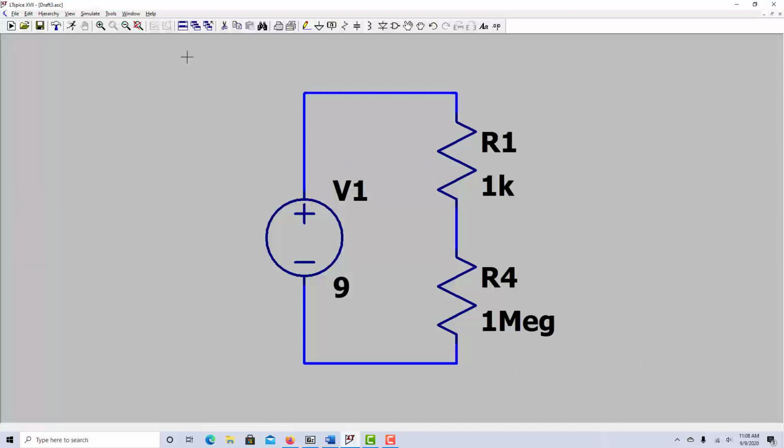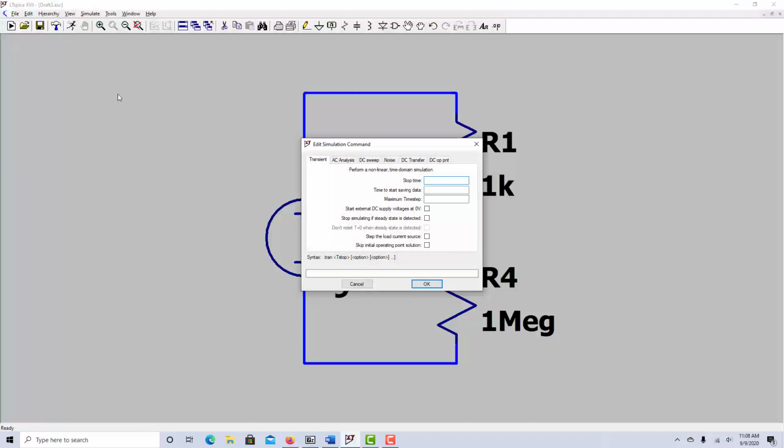So now we can presumably simulate the behavior of the circuit. So let's add a simulation. To do that, we go up to the Simulate button at the top left of the screen, say Edit Simulation Command. Now let's just say that we want to know what the node voltages and branch currents are in this circuit. So then we would scroll all the way to the right, click on DC operating point,